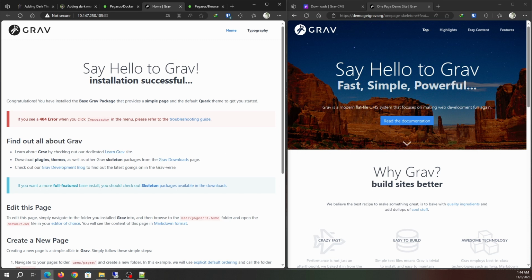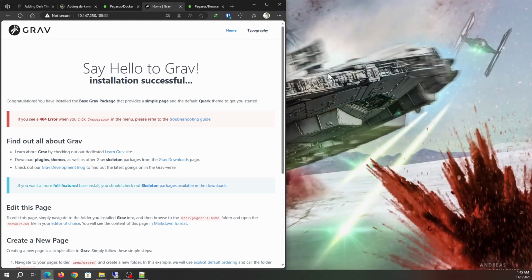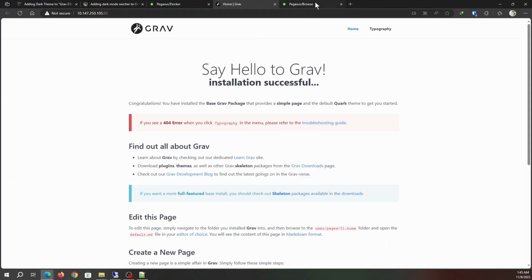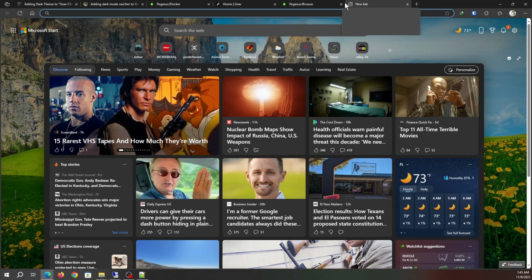But to clone the theme, you could do it by hand, but it's a little pain in the butt because you gotta change a lot of files. Or you could use one of the plugins called DevTools that has a command that will do it for us automatically, just by punching in a couple of data. So I'm going to show you how to do that. Since I installed this using the Linux server IO command, it took me a while to figure out what I had to do in order to access the